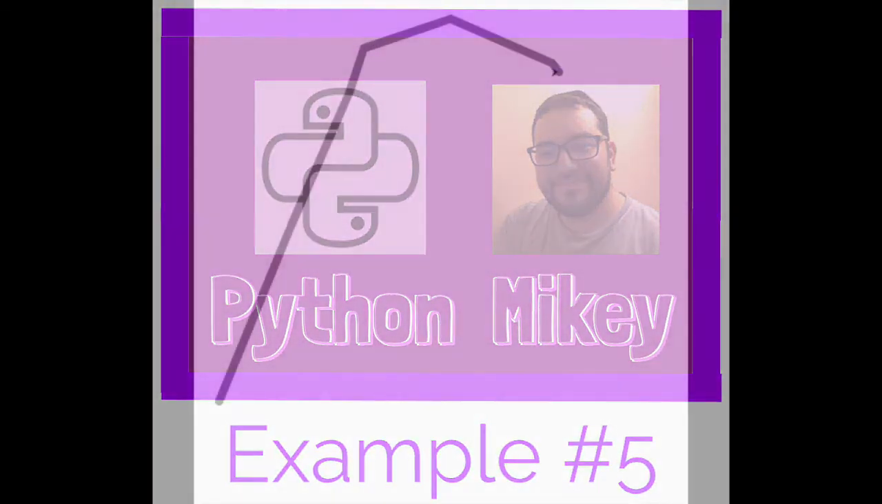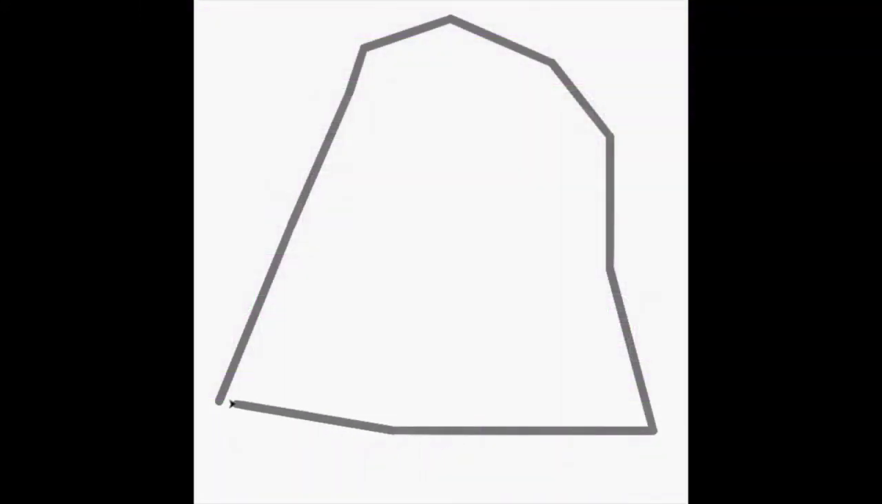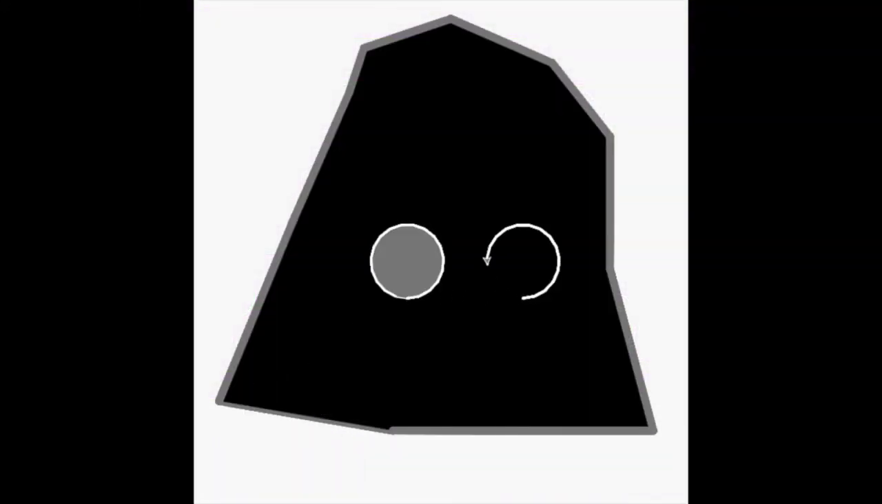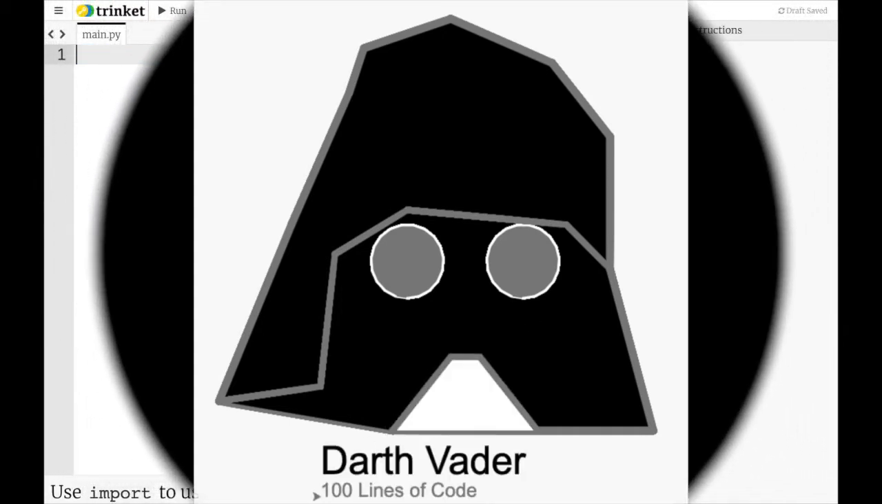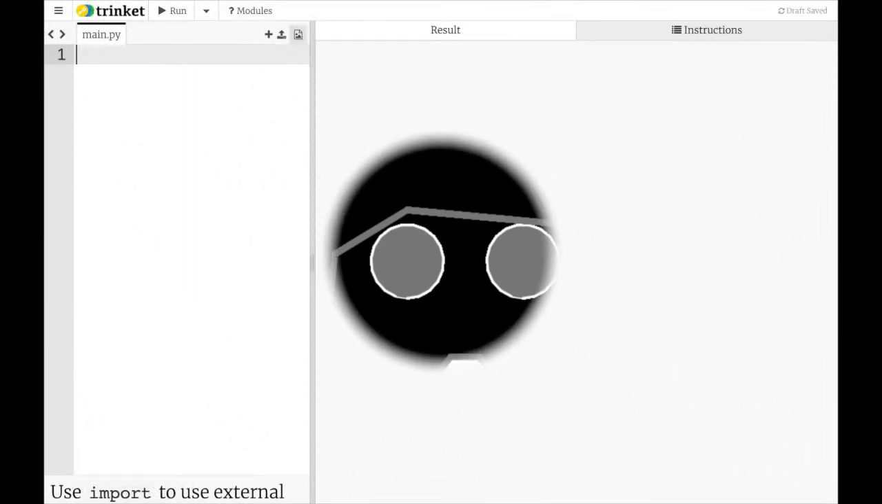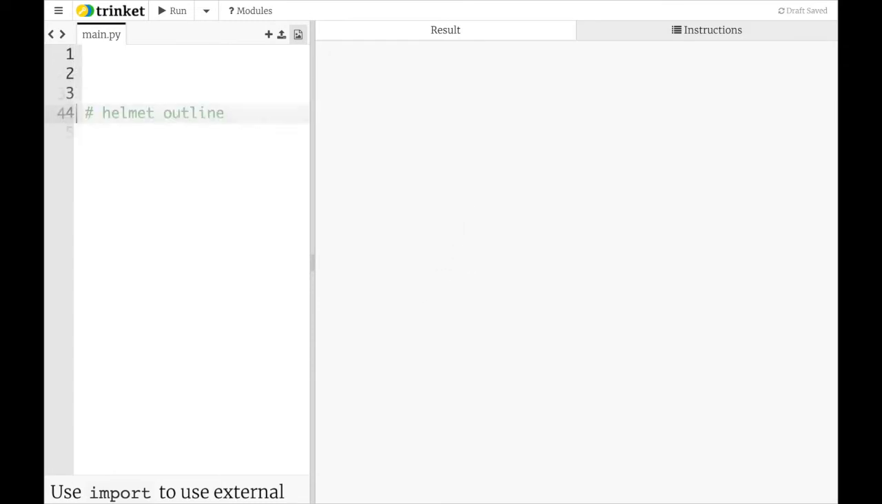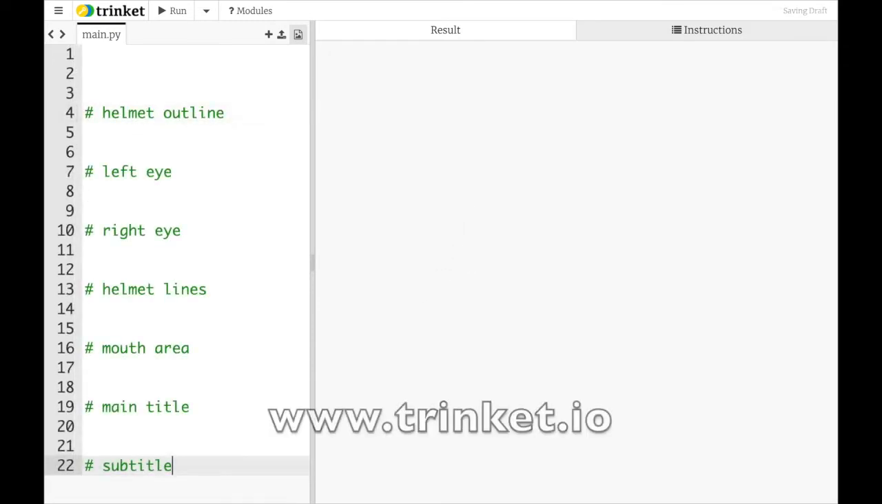Okay, so for example number 5, we will be drawing the Darth Vader mask with the helmet, the eyes, and the mouth, and a little title at the bottom, 100 lines of Python code. And here it is again. We'll be drawing the Darth Vader mask, the helmet with the lines, and the eyes, and the mouth, and a title at the bottom. Okay, so the way we can start is we'll be using these 7 chunks of the